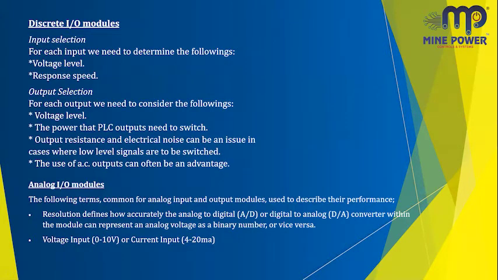For a small project we need only 4 inputs. 4 inputs means 2 push buttons and 2 sensors, with 5 outputs. We can easily understand how many inputs and outputs we are using, and then only can we purchase the PLC. If we need 6 inputs and 7 outputs, we can purchase, for example, a Delta PLC. And if we need a lot of inputs and outputs, an add-on block is available. We can choose this type of PLC.